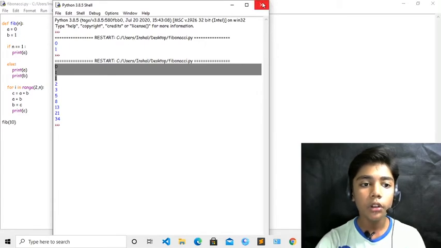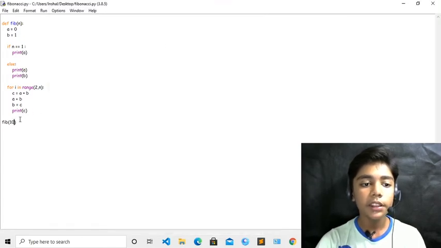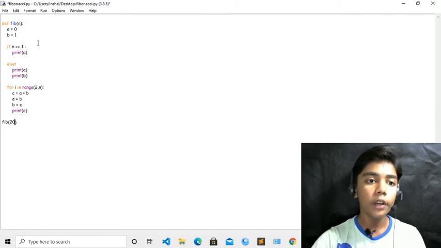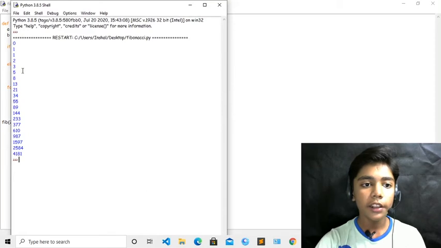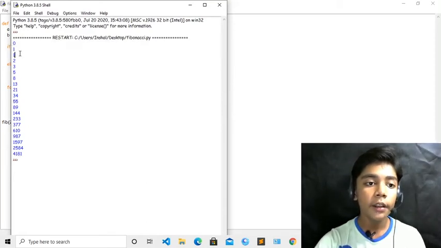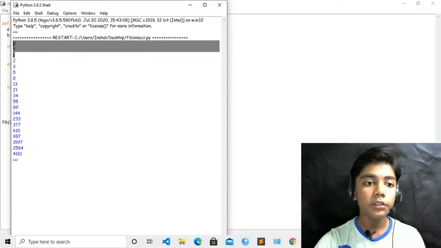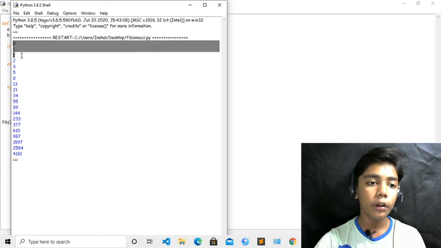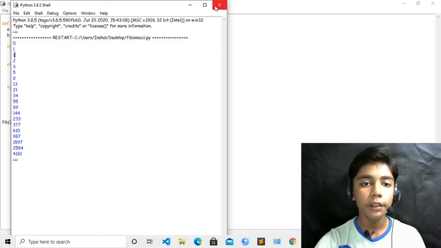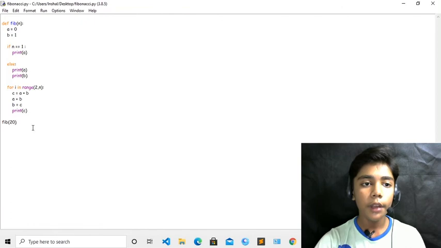So now just close it. Now here you can see we have to define over here. If you write 20 over here and run, so now here you can see 0, 1, 1 again, like I have told you, this is the main value over here, and it is important for it to come. If it does not come, then it is not your Fibonacci sequence, it is a wrong Fibonacci sequence, okay. If the 0, 1, 1 value is not coming, because it is really important in the Fibonacci sequence over here, okay. So now we have made one Fibonacci sequence with Python over here, okay.